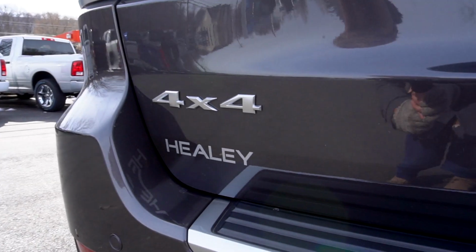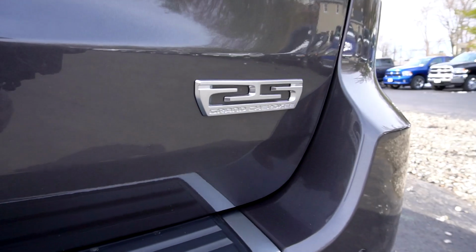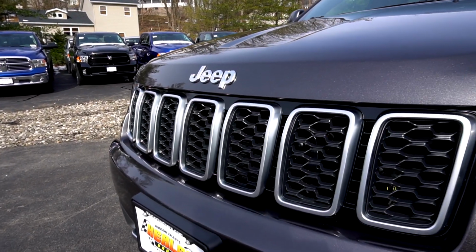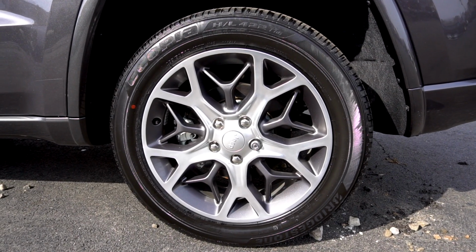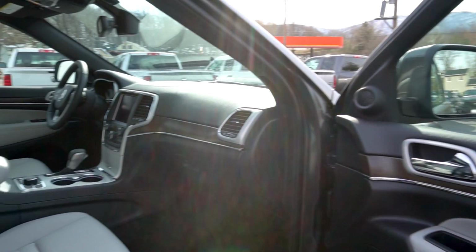This particular model is the Sterling Edition and comes with the Luxury Group, which features a 25th anniversary badge, auto-leveling bi-xenon headlamps with automatic high beams, 20-inch Heritage wheels, Heritage seating with heated front and rear seats,